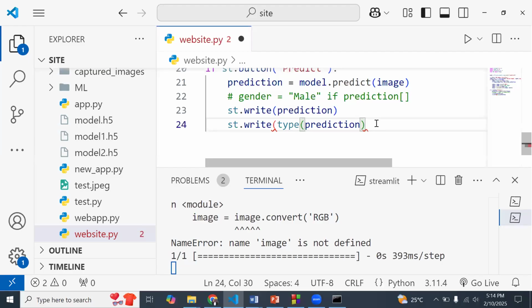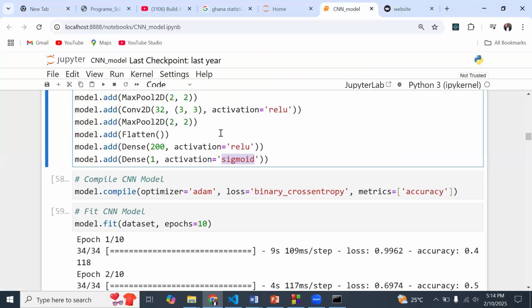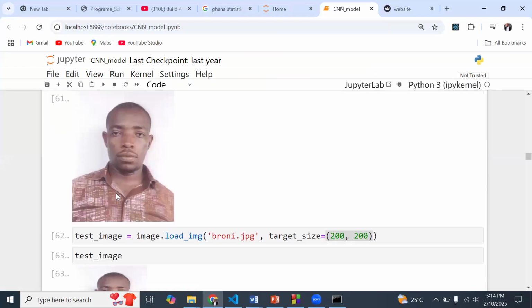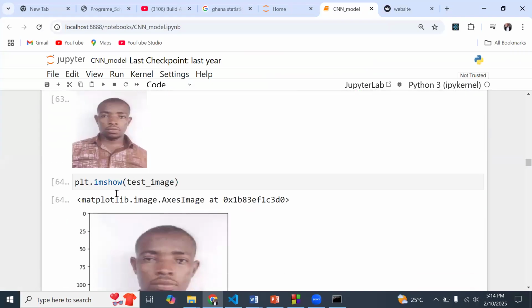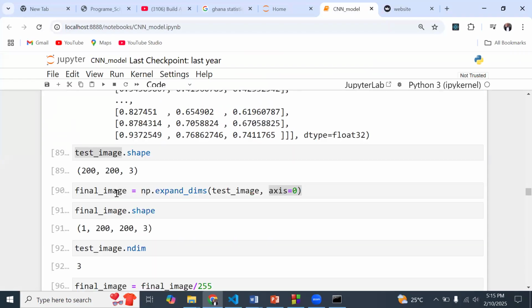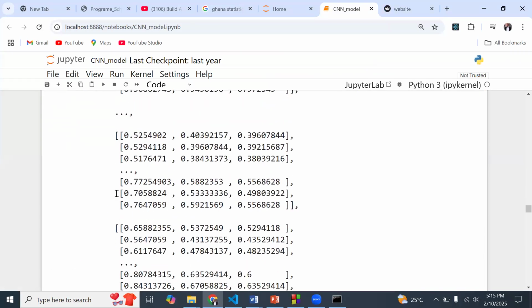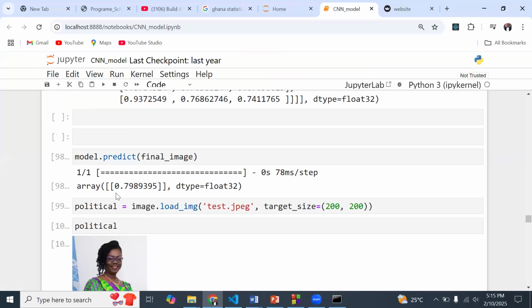So let's do the prediction once again. And I just want to show you something, because at least the one we have over here is giving us something better, in the sense that we actually see the prediction and some sort of the data type, because this is a NumPy array. And you can see that we have two square brackets over here. So this one is going to help us.